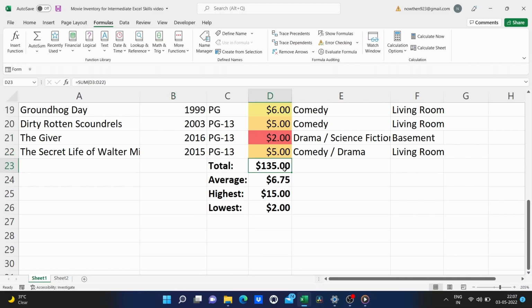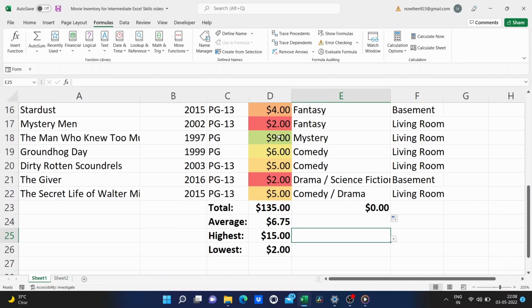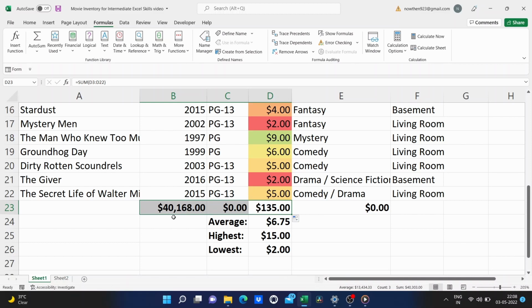Now in this case, the formula doesn't work too well. This is the sum formula. It's trying to add up all these numbers. When I use the autofill handle and drag it over, look what it did. Now it's trying to sum up this column. And because those aren't numbers, it's not working real well. But let me do it this direction. You can see it is now adding up the years. It thinks that it's currency, but that's okay. It's adding up all of these years and coming up with a total. So I just love the autofill handle.